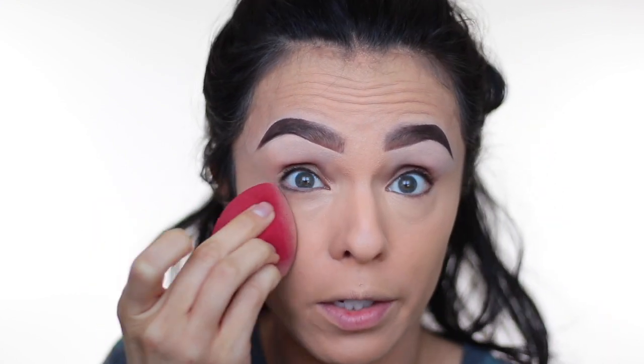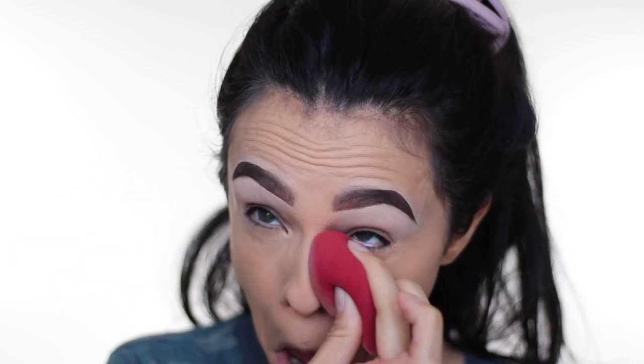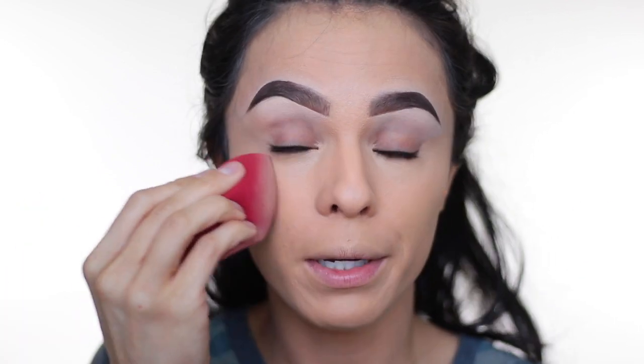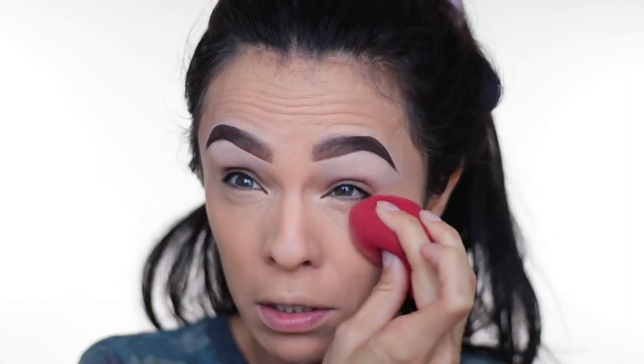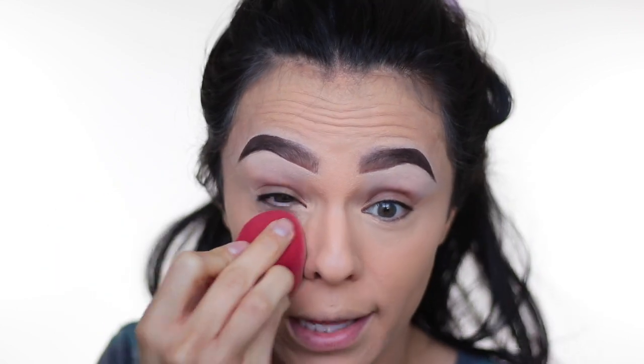So I'm not gonna put concealer on my eyelids because I feel like putting concealer on my eyelids and using that as a base makes it very thick and chalky, and when I want to put any shimmers or shadow there, I feel like it makes it look very not smooth. I don't know how to say what I'm thinking, but it just doesn't look very good, and so I think I'm just gonna test out how it works putting shadow on my bare skin rather than having